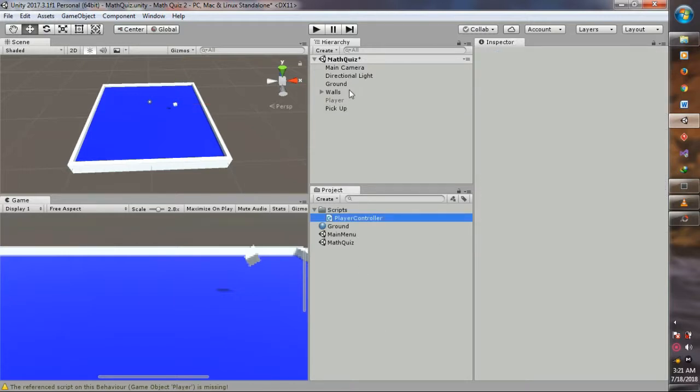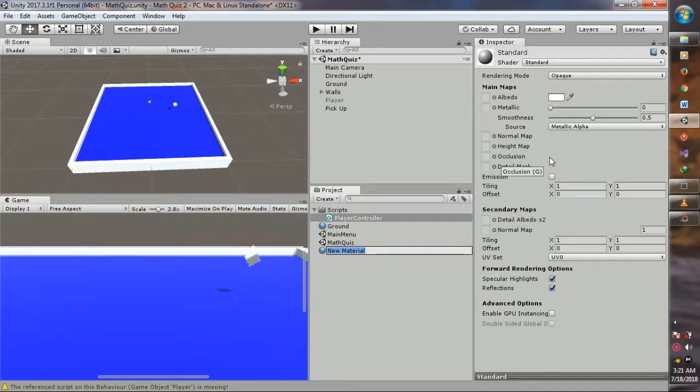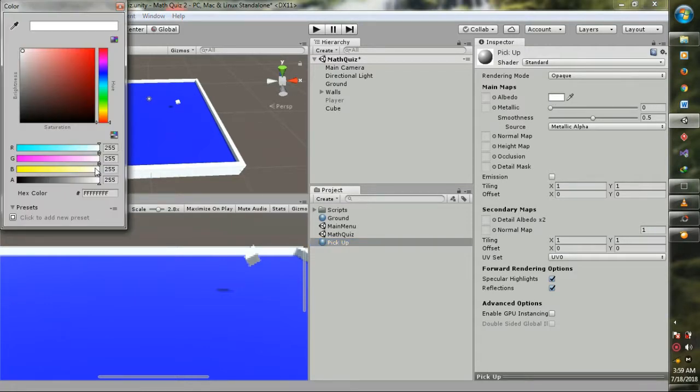After that, we create a color for the point with a new material, pickup, and then we set the color to yellow or whatever you want.